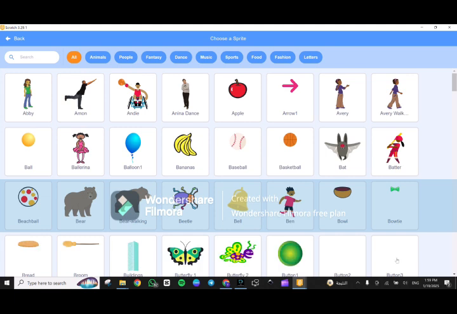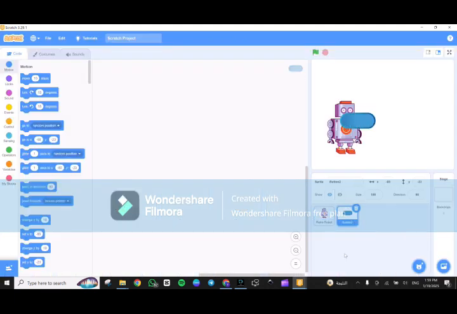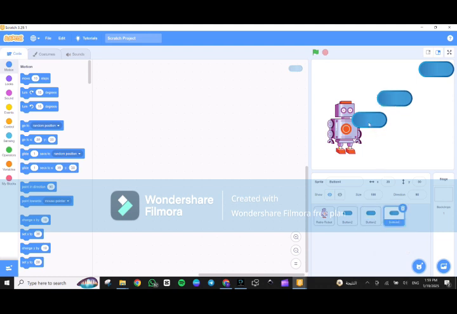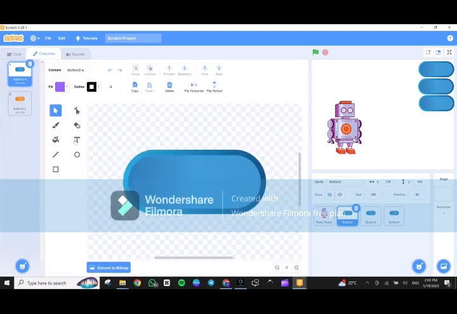So go to choose sprite and press on button 2 and arrange it over here, put it over here. Duplicate this one and another one, arrange them over here to be easy to use. Okay, go to the button 2 and go to the costumes and right in the middle of this sprite,